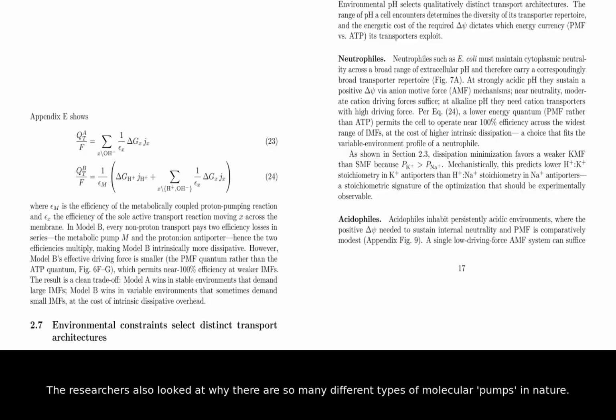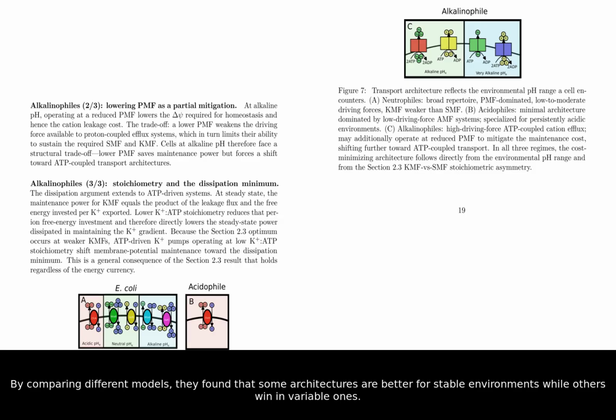The researchers also looked at why there are so many different types of molecular pumps in nature. It turns out that different environments require different transport architectures to stay near that energy floor. A pump that works perfectly in a neutral environment might be a total energy hog in an acidic one. By comparing different models, they found that some architectures are better for stable environments, while others win in variable ones. This diversity of tools allows life to occupy almost every corner of our planet by adapting its hardware to the